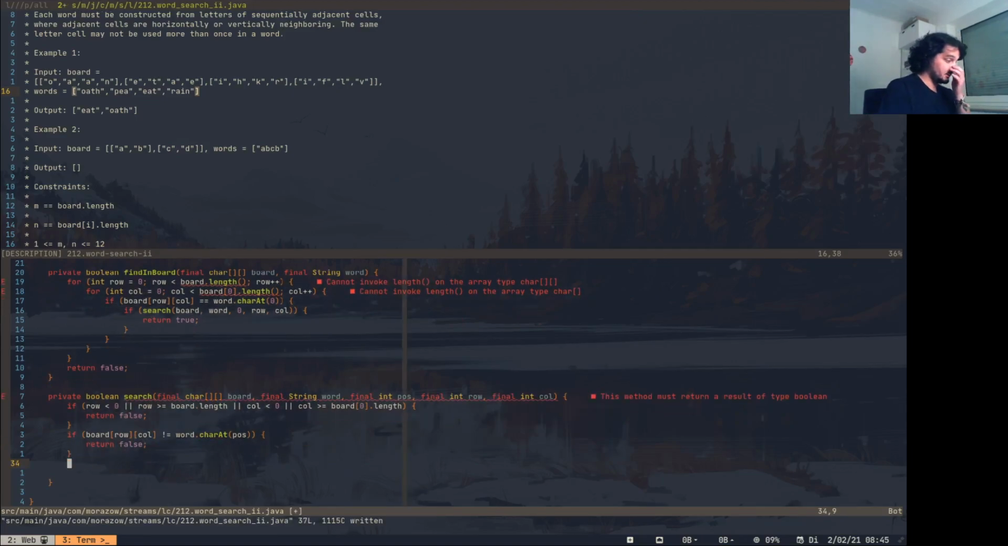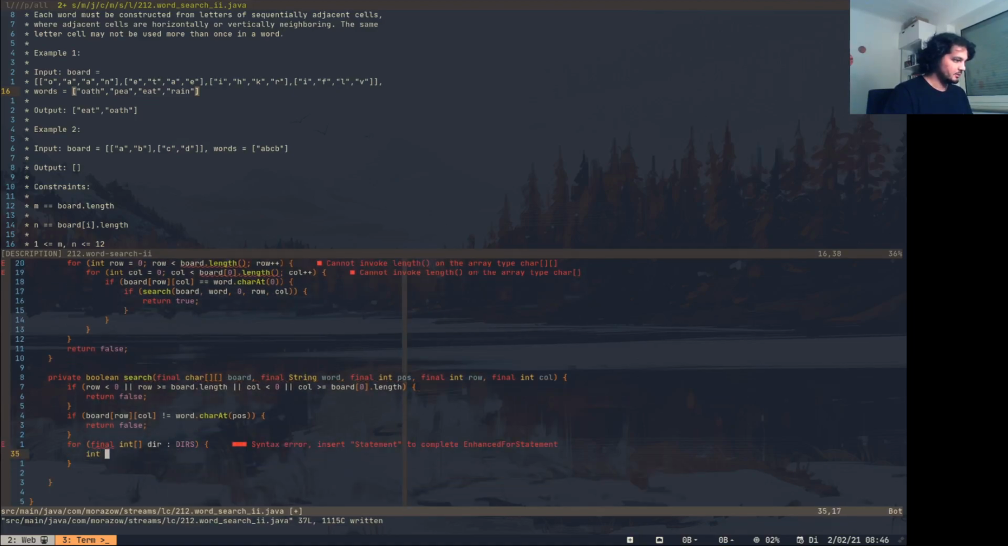Okay, now we know that we match this character with the letter inside the word at index at the given position, and now I can expand my search to my 4 neighboring directions. So for that I'm going to do something like this, a direction, and create a directions array, and that's going to be next row